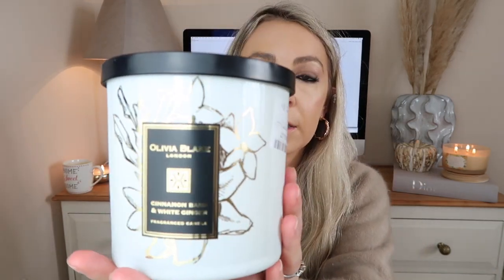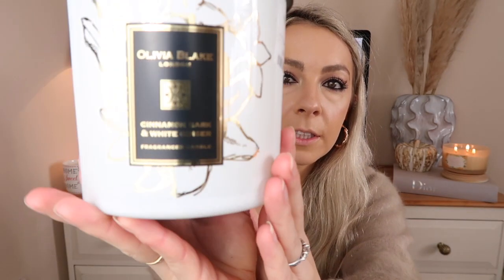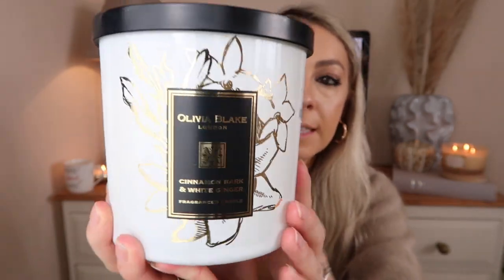So the first one that I picked up was from Olivia Blake. If you've been following me, you know that I love Olivia Blake candles. I do pick up quite a lot of her pieces. This one was $12.99. The packaging is gorgeous. It is a little bit autumnal with the black and the gold. This is in the scent Cinnamon Bark and White Ginger, so still quite autumnal with the sort of cinnamon scent,